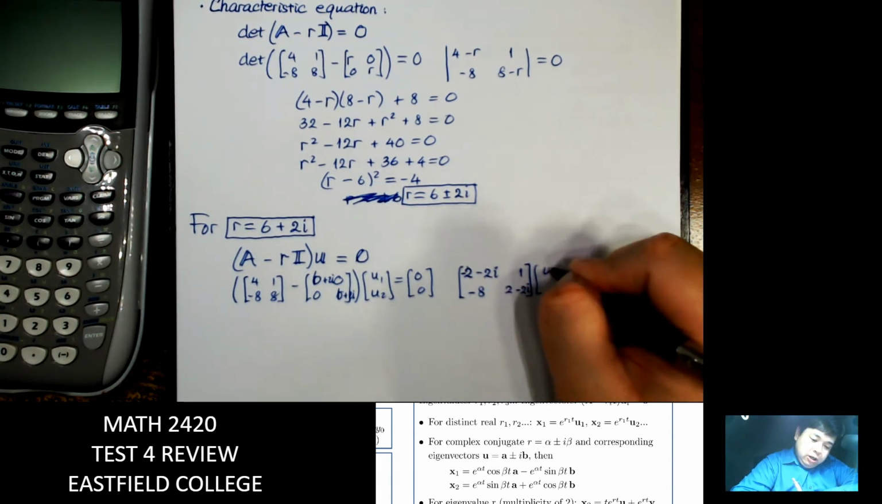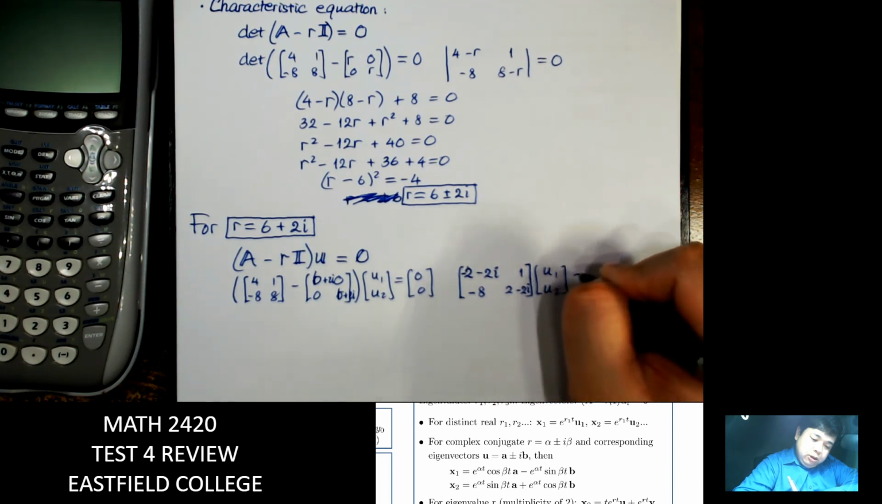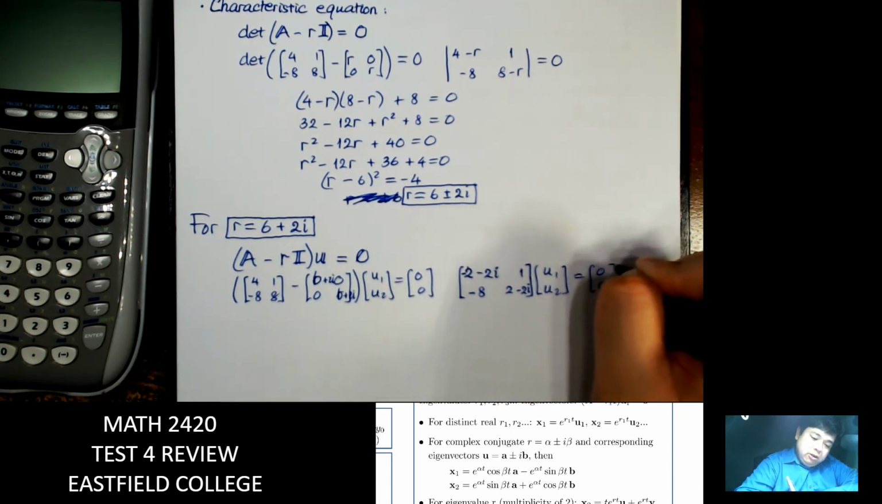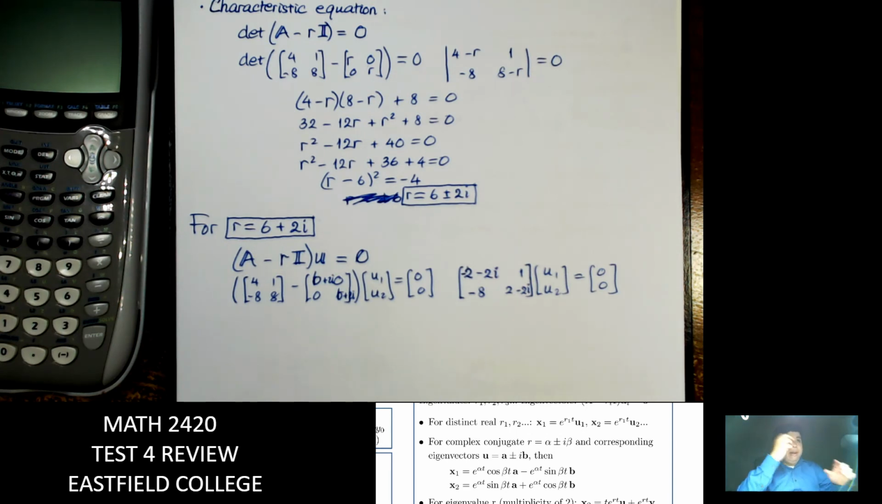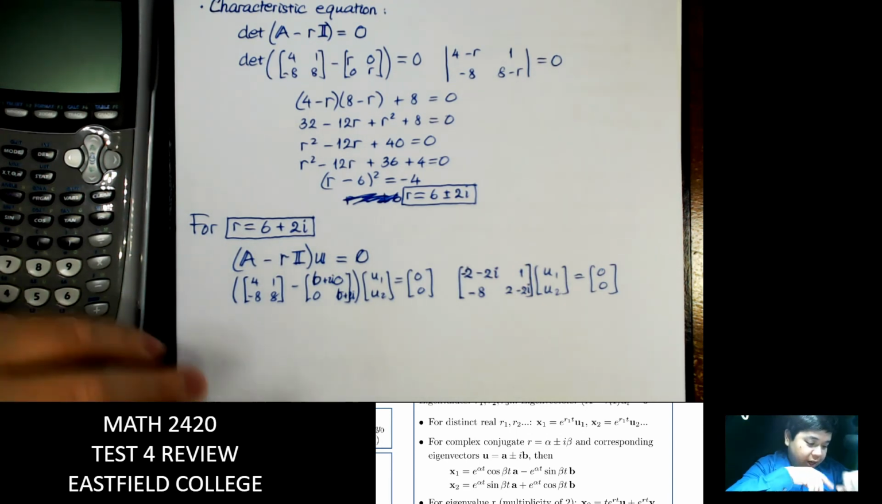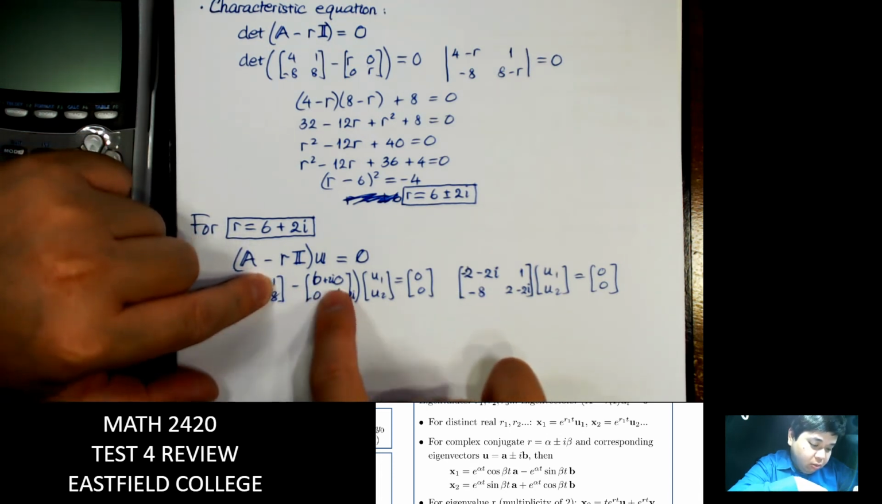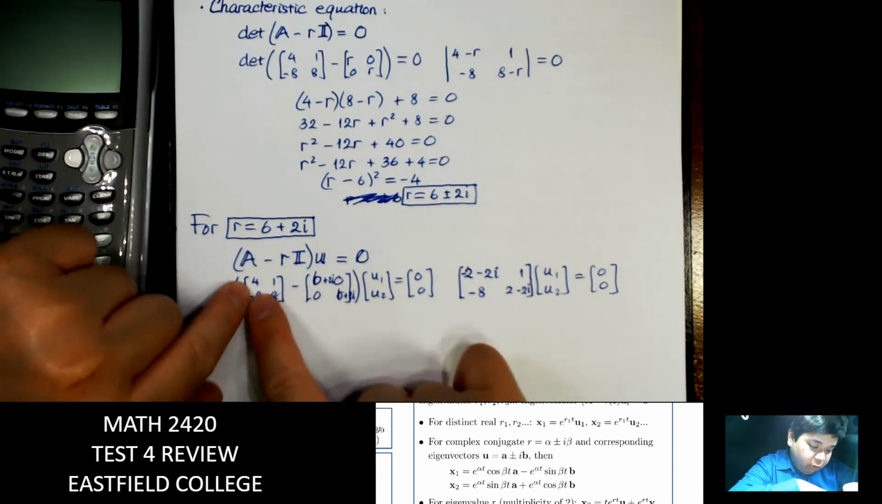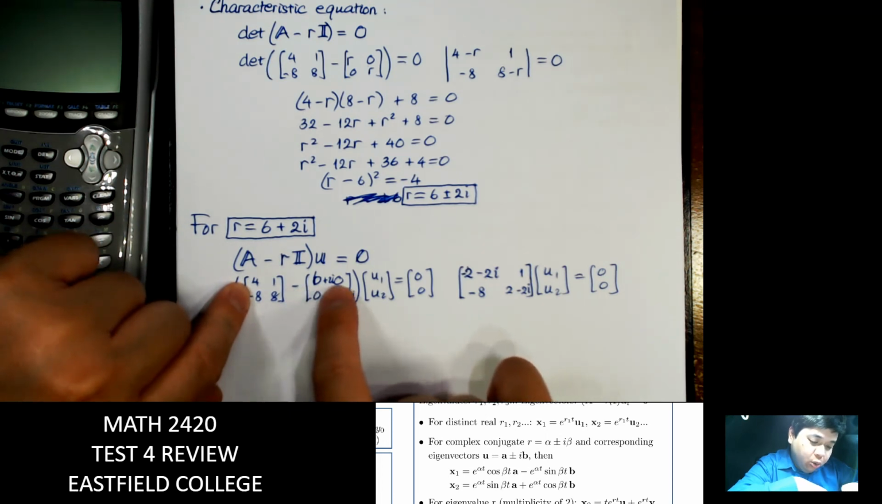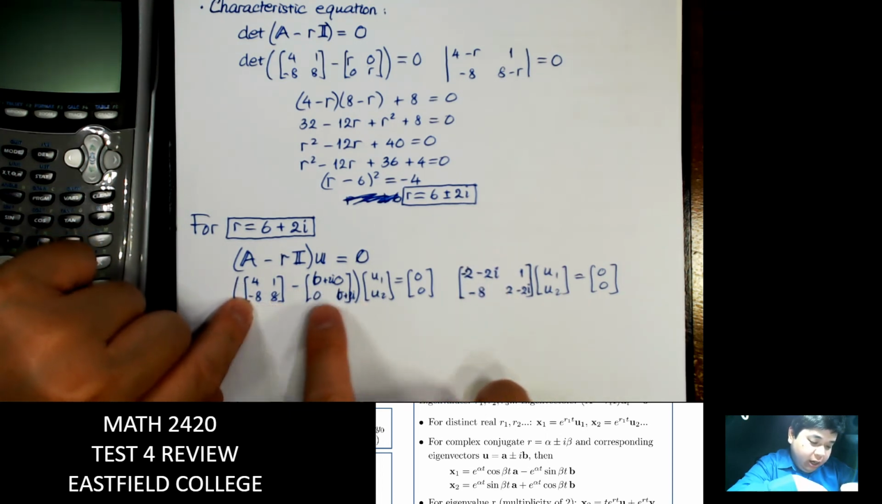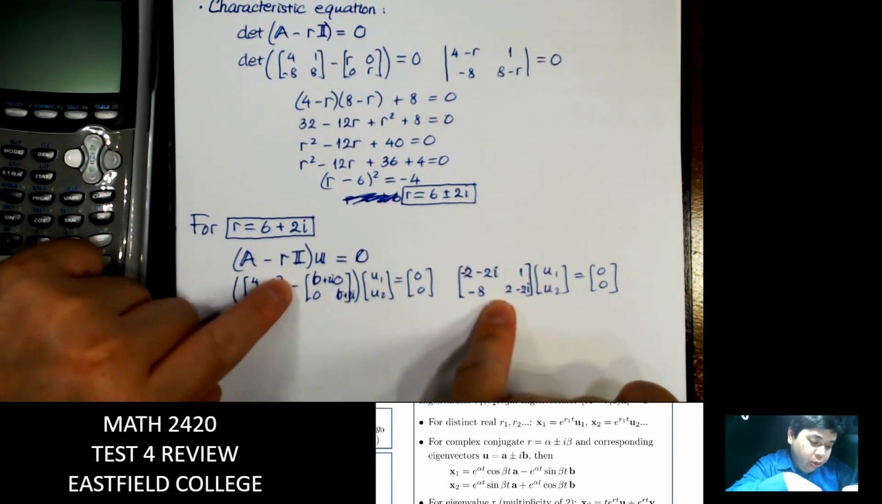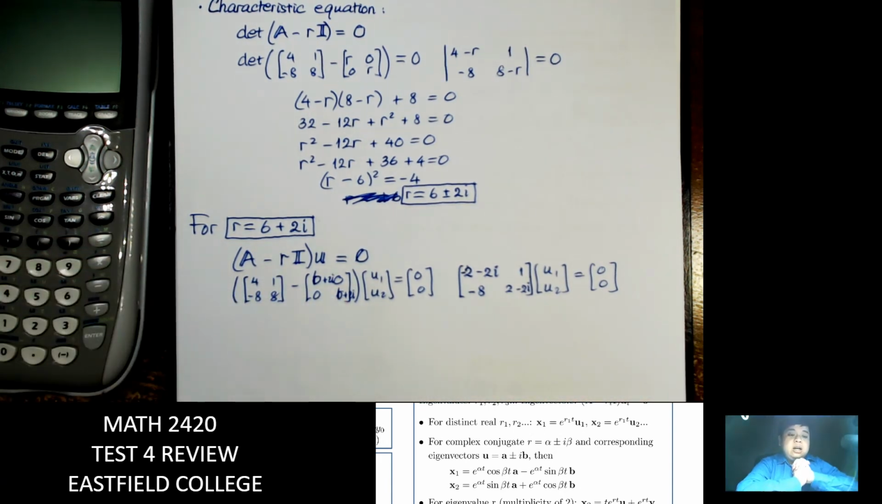U1, U2 equals 0 and 0. Right, let's check again. 4 minus 6 minus 2i, then 1, then 2 minus 2i. So it's that. Next thing, usually we do the row operation to eliminate this, but notice that this is going